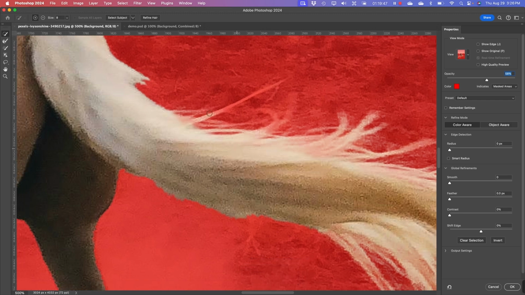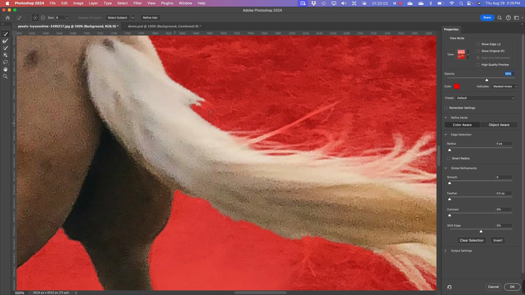I'm not going to get crazy with this tail and try to separate all of these hairs or anything, but what I do want to do, while we're in this select and mask space,